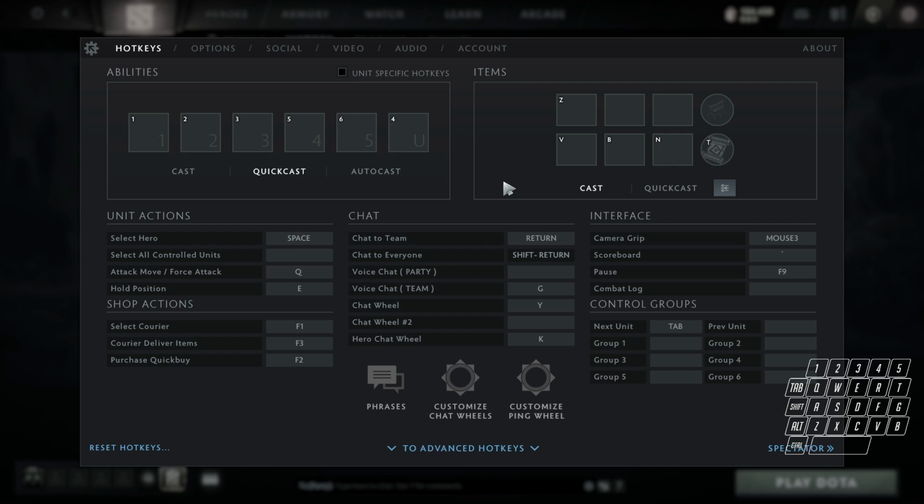And the other items like drums or BKB or whatever, they're items I don't need to cast on myself or my allies, so I can just keep it on my classic hotkeys without quick cast. Because with quick cast it's always a little bit annoying playing some items. That's why I have it mixed up a little bit.